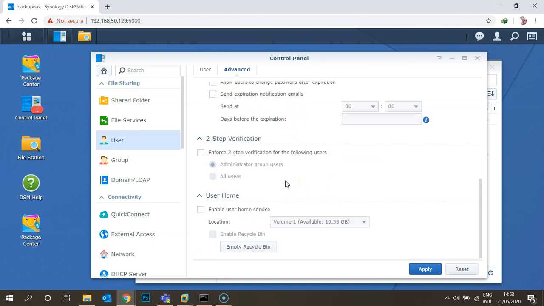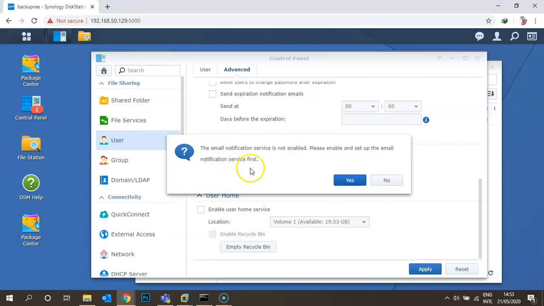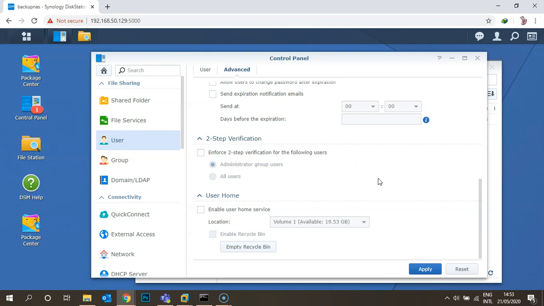Next is two-step verification. Let's take an example: if we want extra security for a user, once the user is logging in to the Synology DSM, he needs to verify with a code, so we can enable it here.